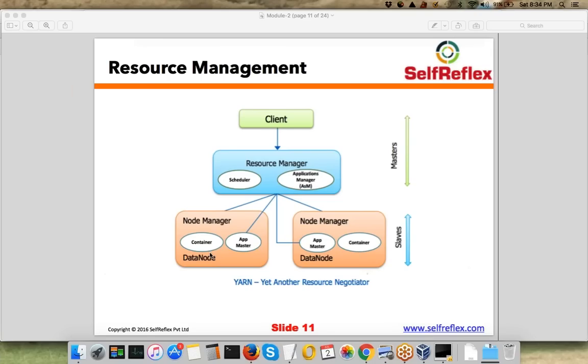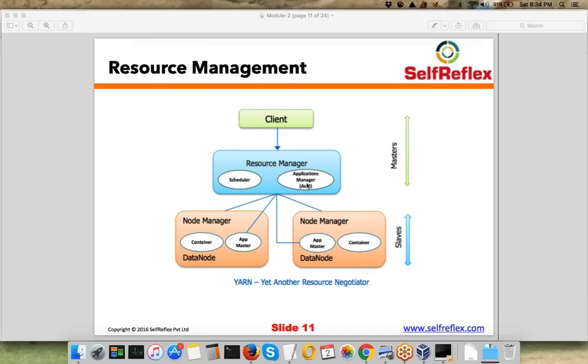But to take care of that, you need some manager at the high level, right? So let's say this slave node dies. Whatever application masters were running here, this applications manager was aware of that, right? Because it had launched those application masters. So if the application master dies or this node dies without telling the applications manager about the completion of the application, then the applications manager will figure out that this application has died and it needs to relaunch it.